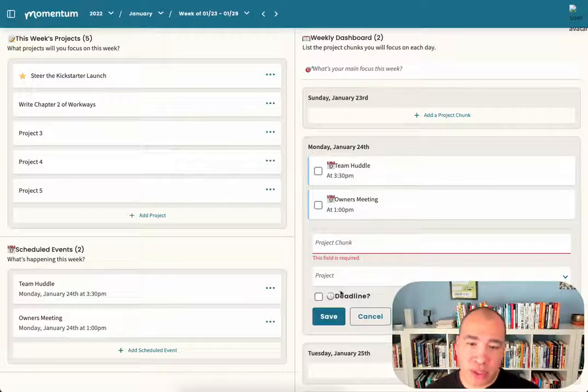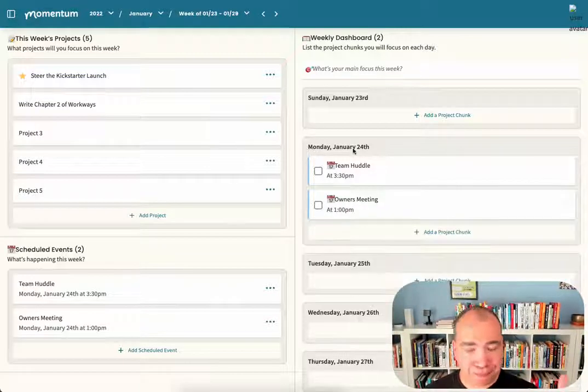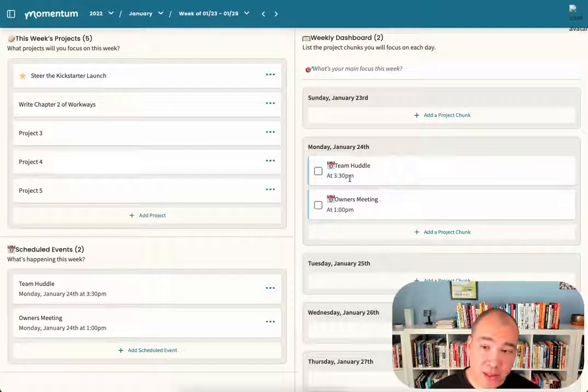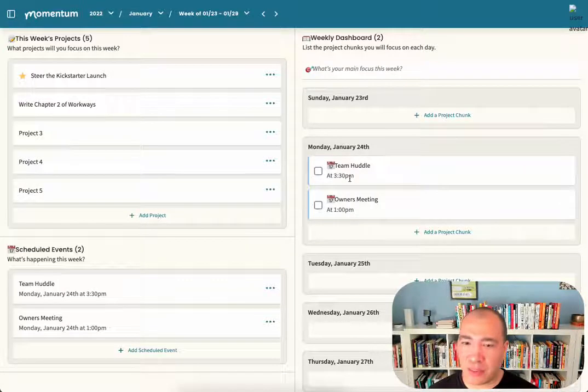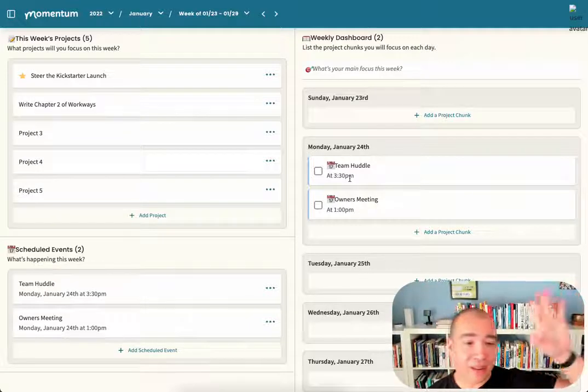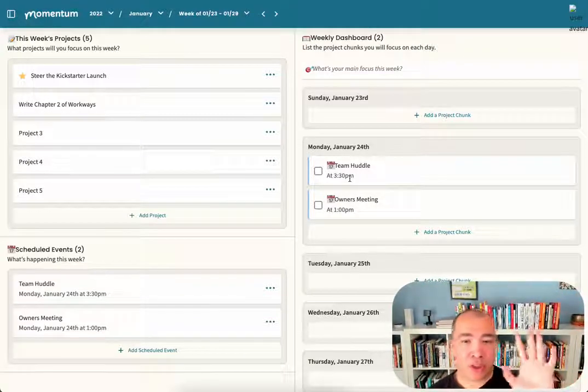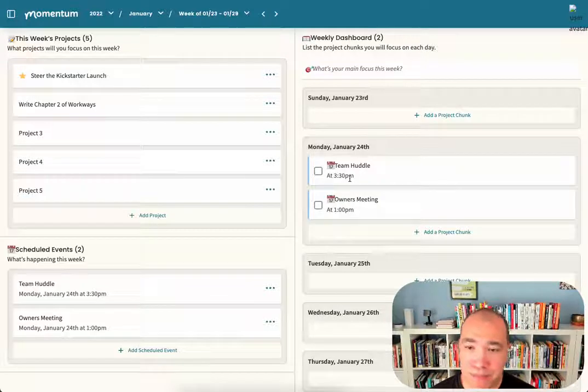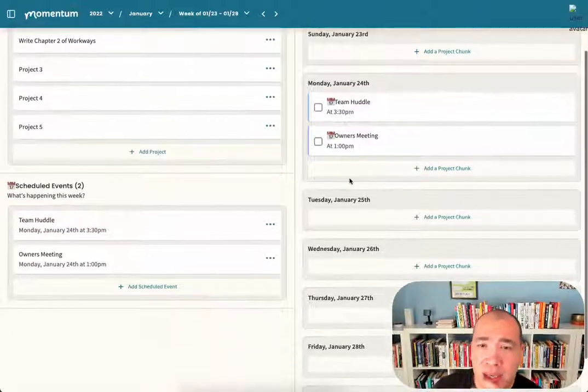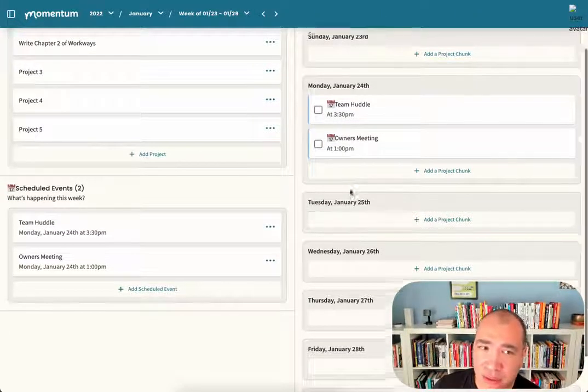What it will do is start showing, okay, you have 2 or 3 meetings already. Once you start getting to 3-4 meetings, that starts taking out significant project chunks. So we're showing it over on the scheduled events so that you don't say, I've got a full day in my calendar already, but I'm going to go start planning a whole bunch of stuff to do. Where are you going to do that? Momentum's going to help you see you already have that time accounted for,